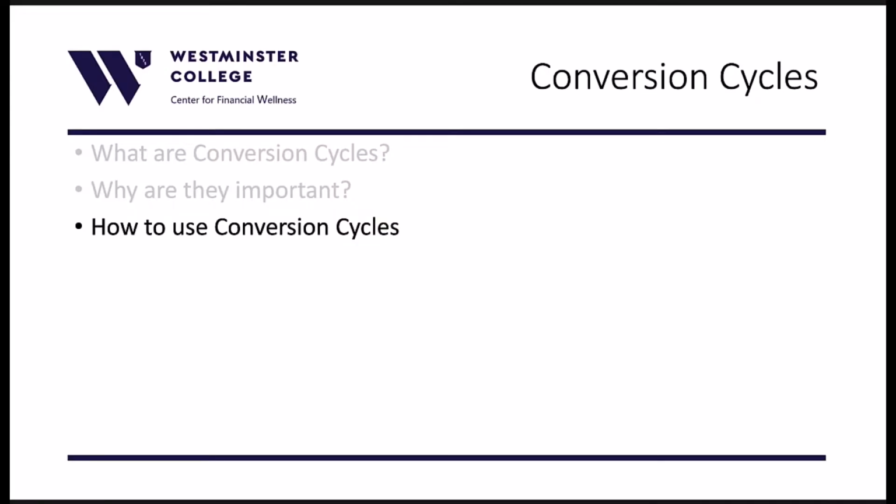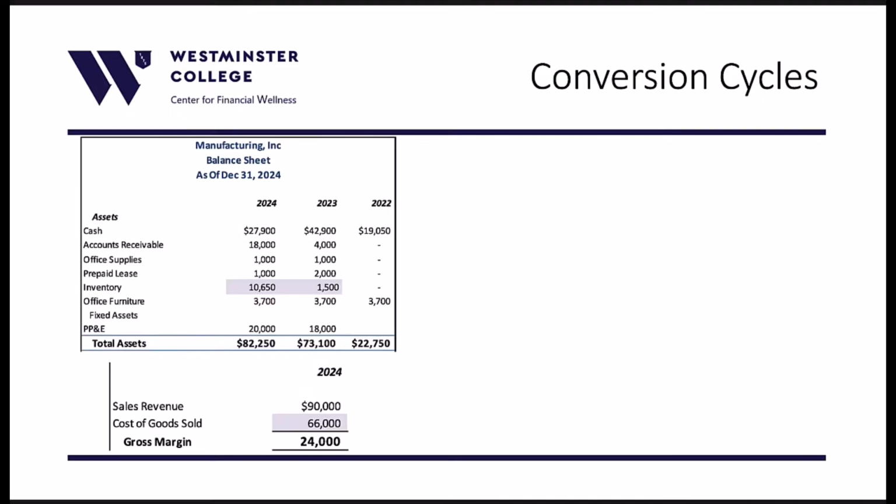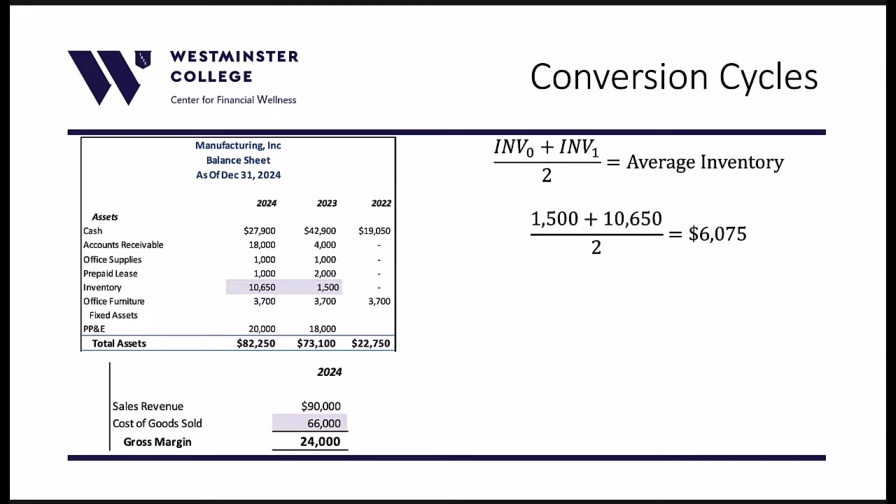Now we'll go into how to use conversion cycles. So in this one, we'll go into days inventory outstanding. First, we have to do our average inventory. So we'll take our inventory from time 0 and time 1, add them together, and then divide by 2. And that will give us this average of